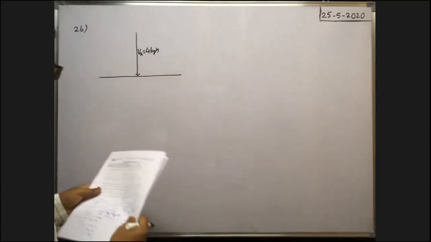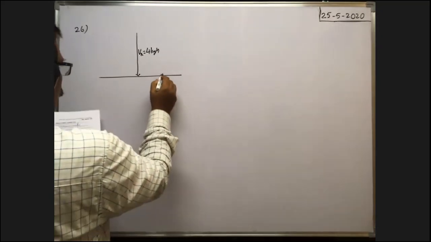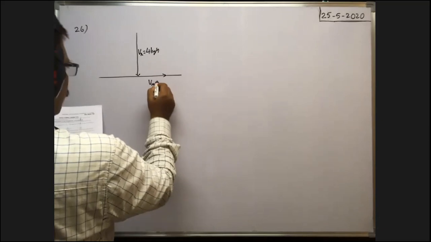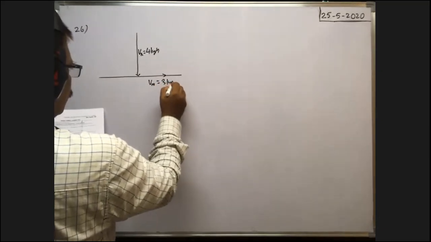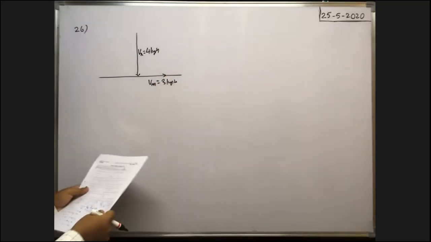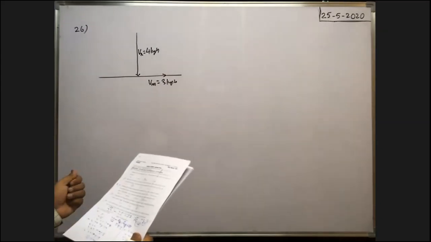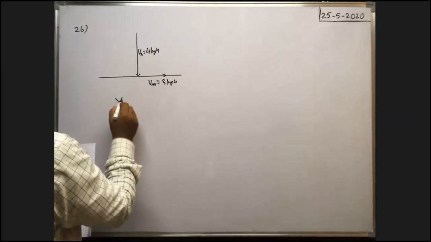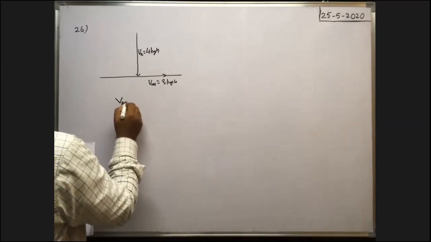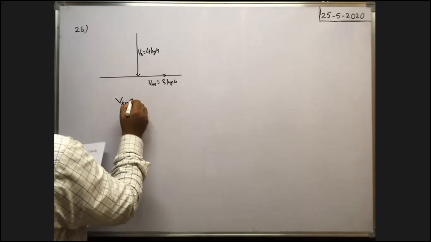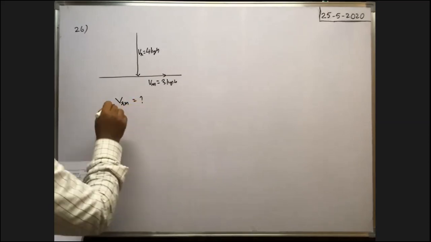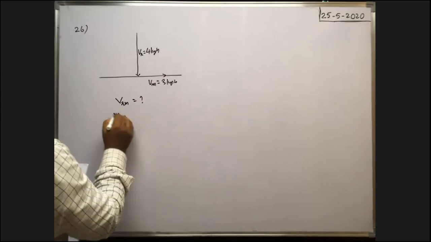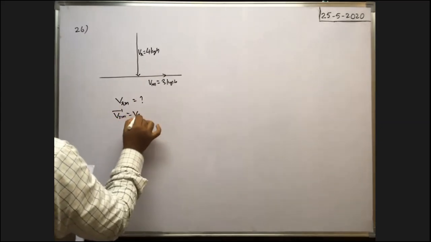A girl moves on a straight road with a velocity. So the velocity of the girl, or the velocity of the man or woman, is equal to 3 kilometer per hour, say towards right. Now the apparent velocity of the rain with respect to the girl, which means the velocity of the rain with respect to the girl or with respect to the man, is equal to question mark. This we have to find. So VRM bar is equal to VR bar minus VM bar.